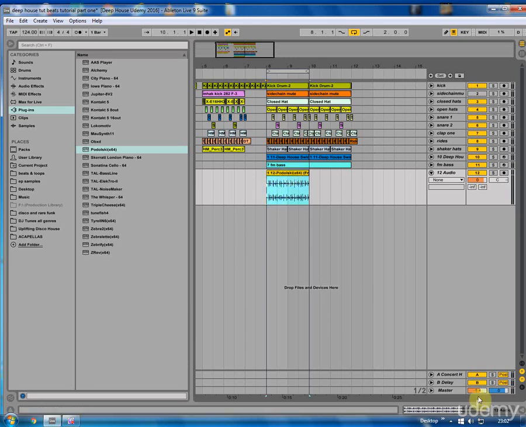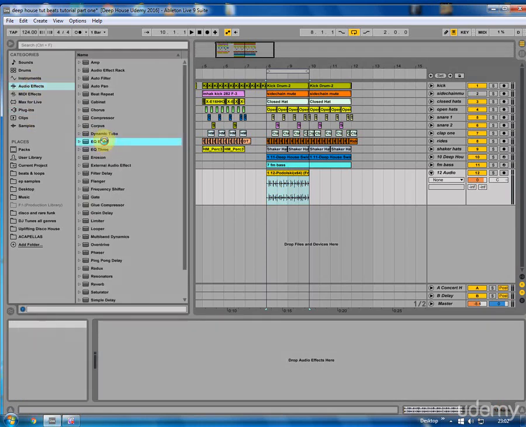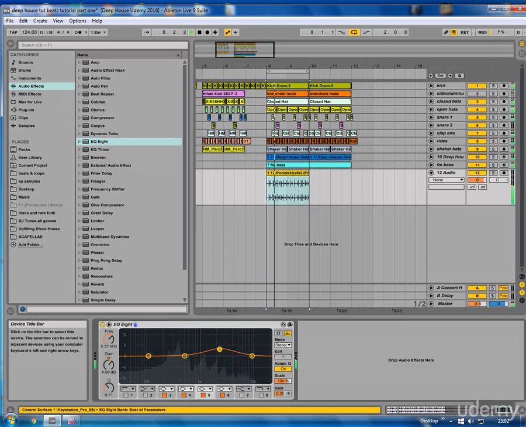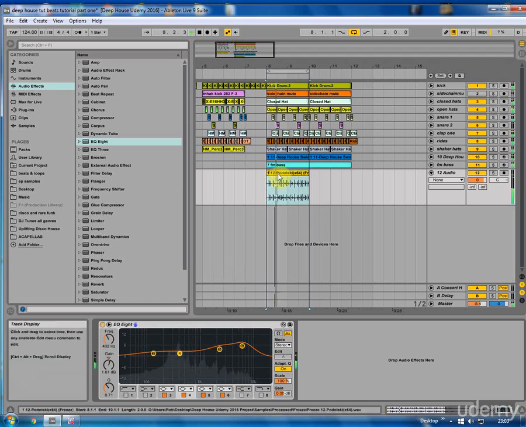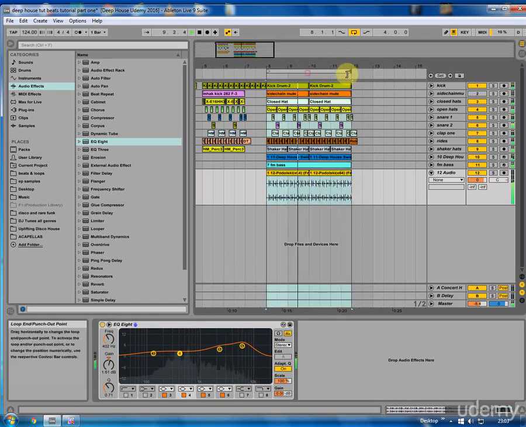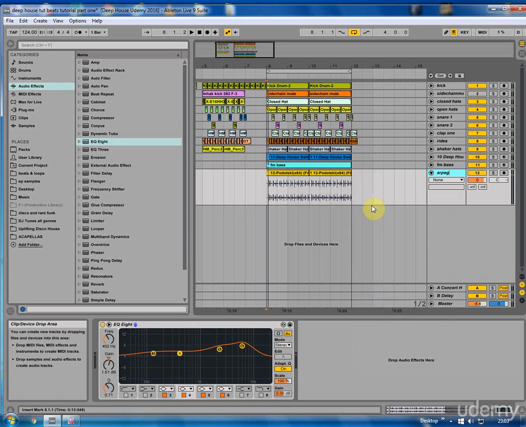Okay, and then what we can do with that is we can just stick a little bit of EQ on it, just to maybe brighten up the top end. But also try and keep that little bottom end because it complements the bass quite well. Okay, and then just name that arpeggio. And that's that done. So we've got a nice little groove starting to build here, and the track's starting to